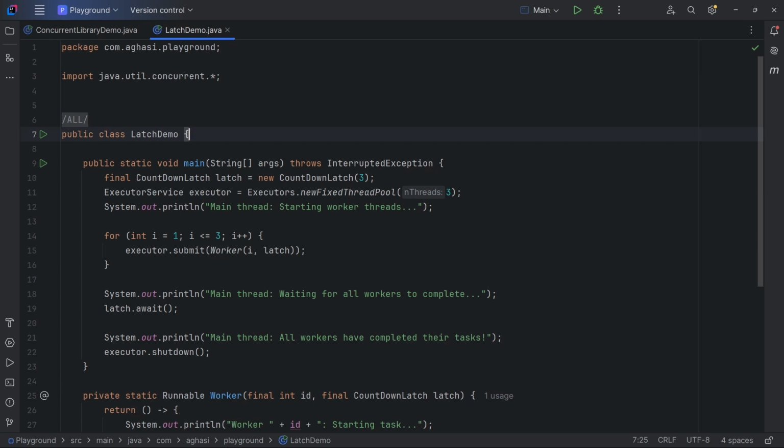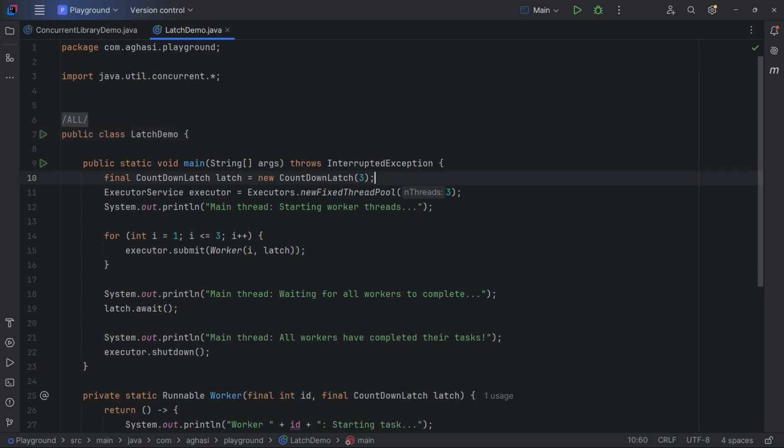And the CountDownLatch is a latch implementation that allows some threads to wait until a set of events occur. Its constructor receives the number of events to wait for. Whenever one of the events occurs, its countDown method should get called, which decrements the event counter. From the other side, the await method waits for the counter to reach 0, which means all the events have occurred. Now let's review the code.